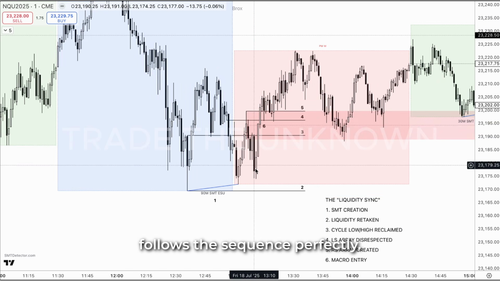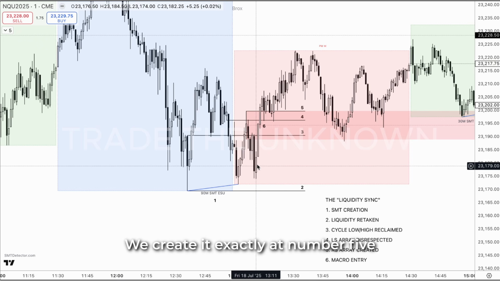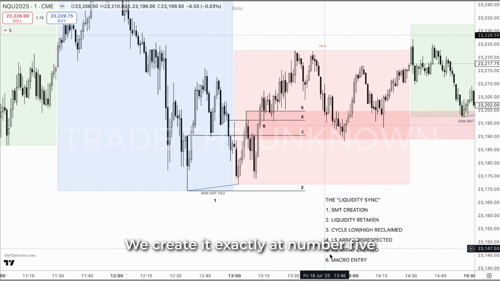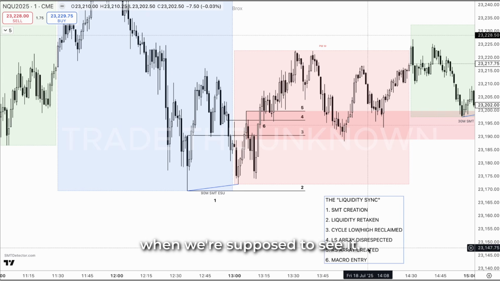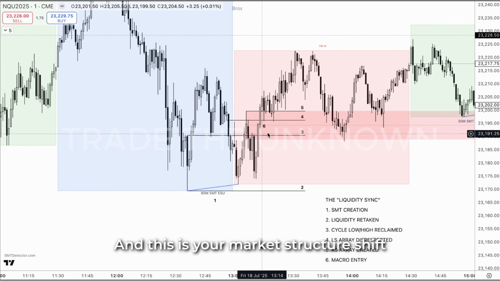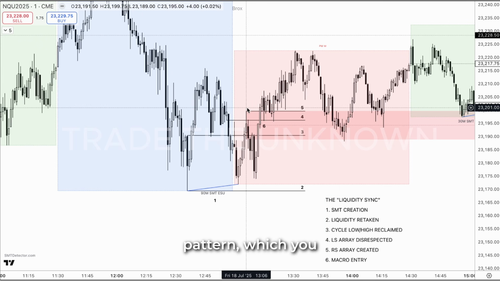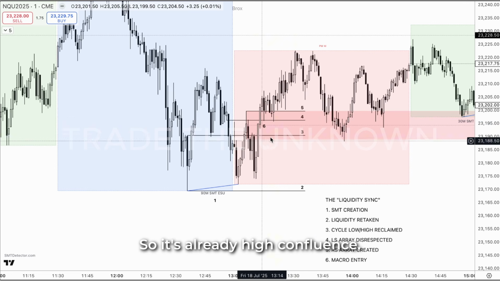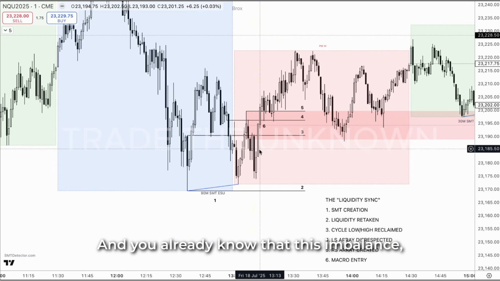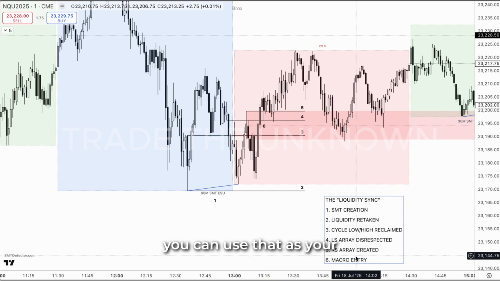Well, you can see it follows the sequence perfectly. We create it exactly at number 5 when we're supposed to see it. We see it get closed above, and this is your market structure shift pattern, which you might be familiar with. So it's already high confluence, and you already know that this imbalance, you can use that as your right side